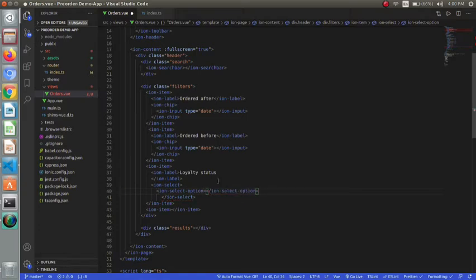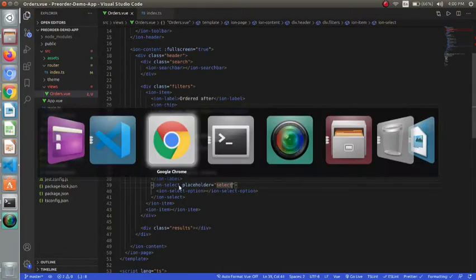Inside that we have some select options. It is static, so I'm not providing any options over there. I will give a placeholder called select.